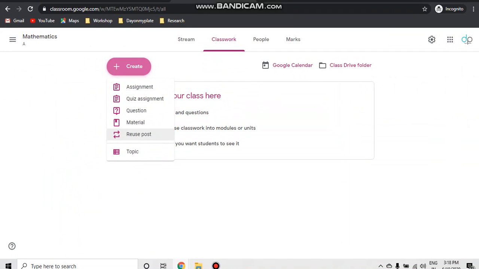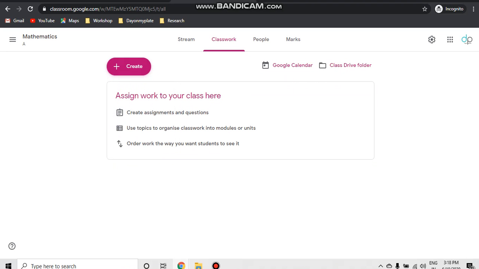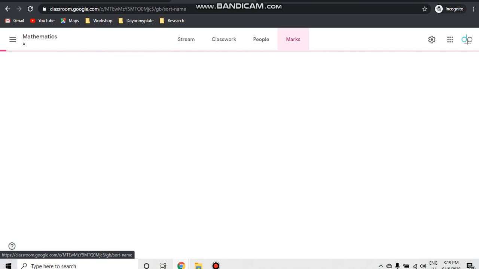Reuse post is, if you have any earlier post, you can reuse this post to make a reminder to your students to go through the same material or same questions etc. Okay, so this is the Google Classroom, and using this you can easily go through that.